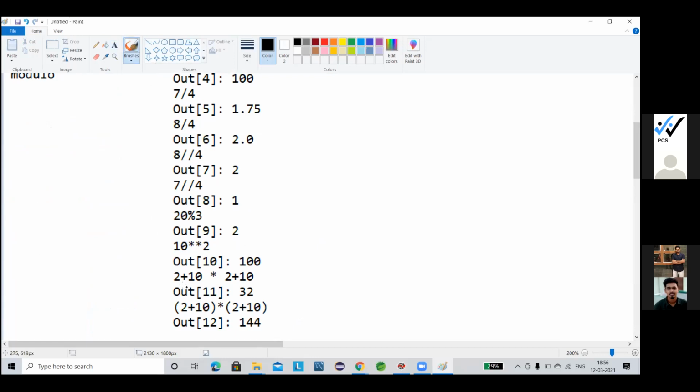So what happened in this part? In general, what is the first priority of the operator? First comes power, second comes multiplication or division, next come plus or minus, addition or subtraction. So as per the priority of the operator, this 10 multiplied by 2 executes first, then the addition will execute. If I want to draw it as a tree, first this multiplication operator,